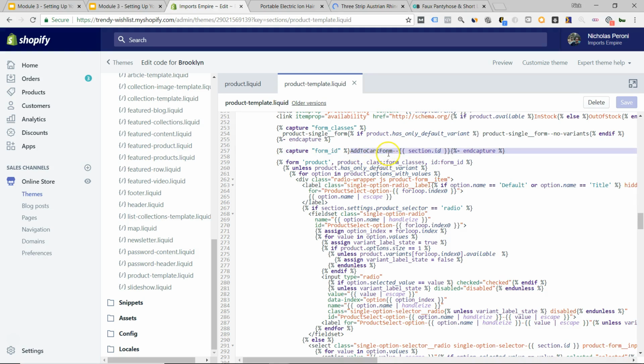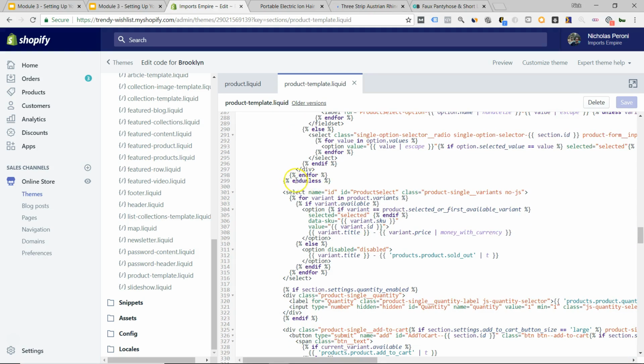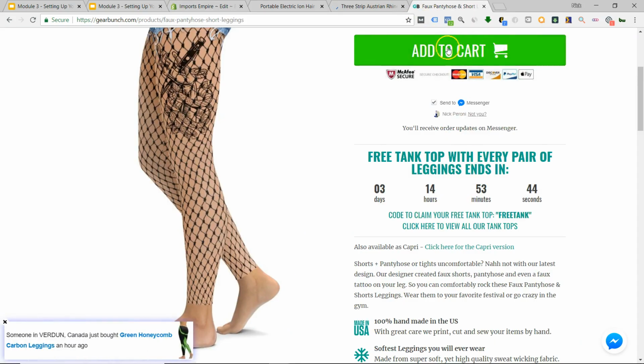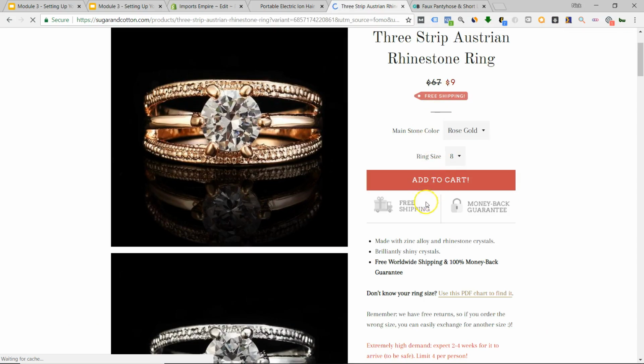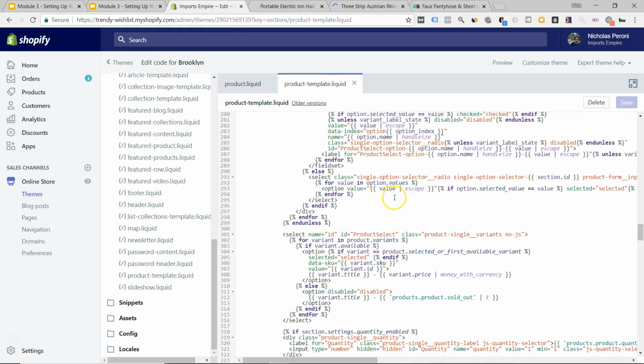Here's the add to cart form, so that's talking about the button, right? That's talking about my add to cart button, so I'm not where I want to be yet, but I want to be right under that because you remember, this is your add to cart form, this is your button. All these images, these trust images are right underneath that button, okay? So what I want to do then